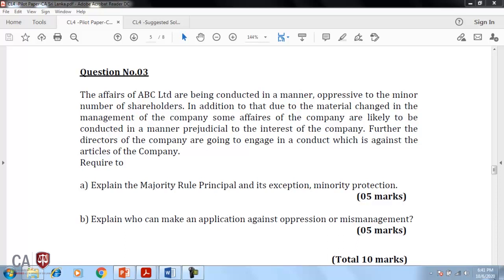Further, the directors of the company are going to engage in conduct which is against the articles of the company. Now, in my lecture series, I covered the area of oppression and mismanagement, and I have explained to you that this area is very important because the shareholders or directors in a company might be acting in a manner prejudicial and to the detriment of the company's interest,